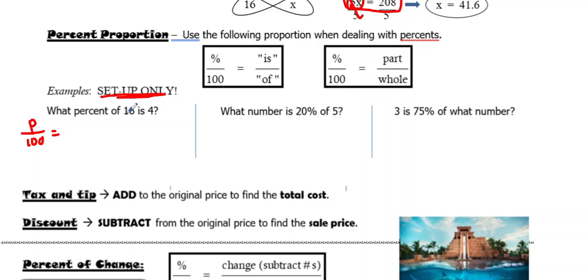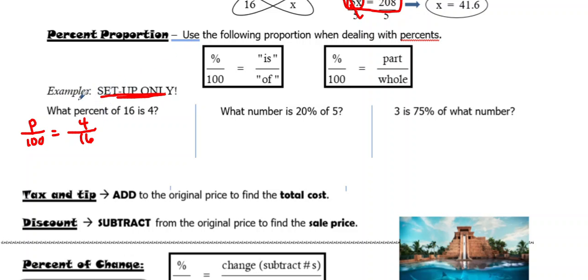So what percent of 16 is 4? My is is 4, my of is 16. All right, and there's my setup. But if I wanted to do this as a percent equation, what I do is I just do